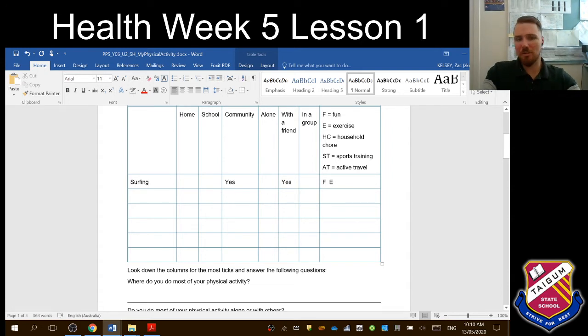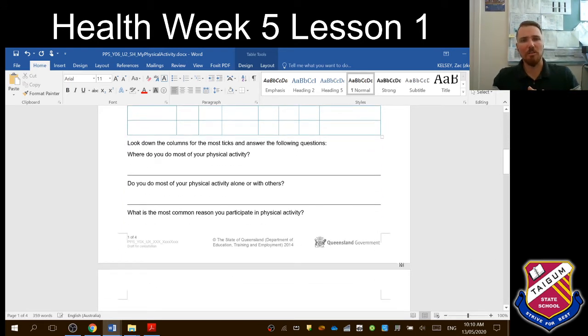Or at the very least, I want you to think of at least, you can do more, at least 3 in this table for me, please. Okay, I'm going to delete that out there now because otherwise it will get cranky with me if I try to save it. Moving on to the next part, it says, look down the columns for the most ticks and